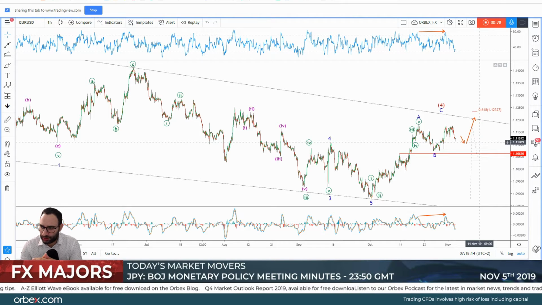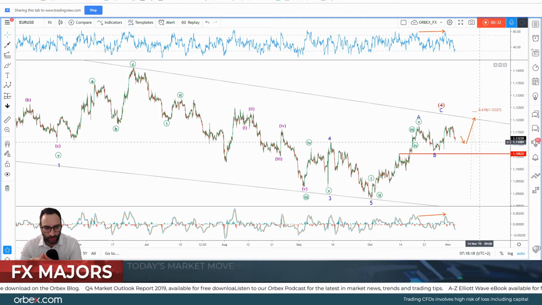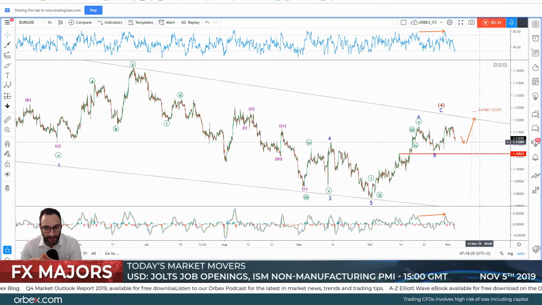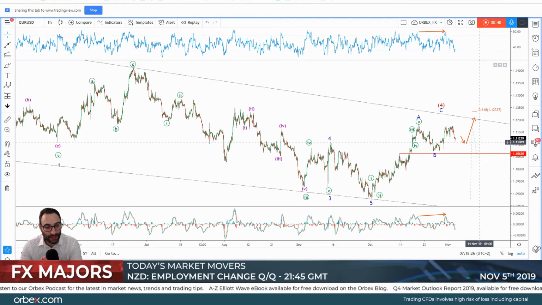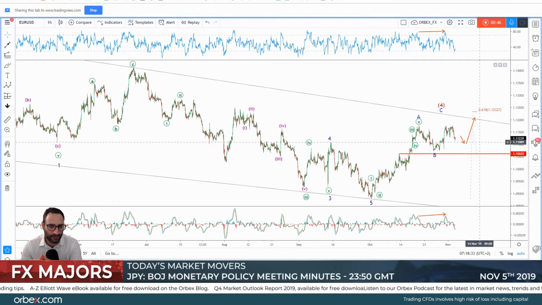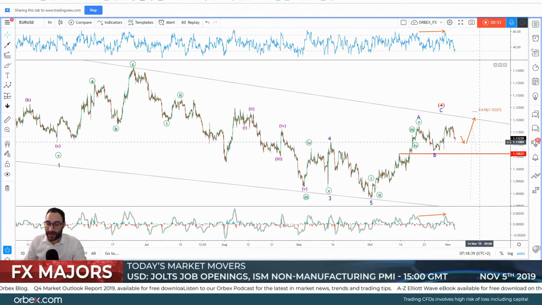The euro dollar remains under pressure. Aussie dollar, however, is reversing yesterday's losses, and that is because the RBA remained pat. Didn't change the outlook on inflation, but they did reiterate that in case, of course, it's necessary, there will be further cuts. However, it's seen as positive in the markets as we speak.